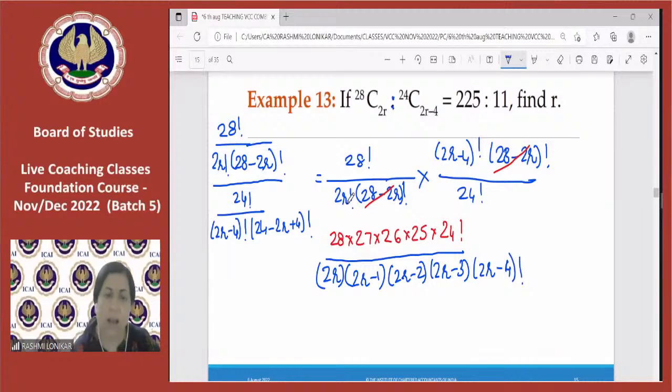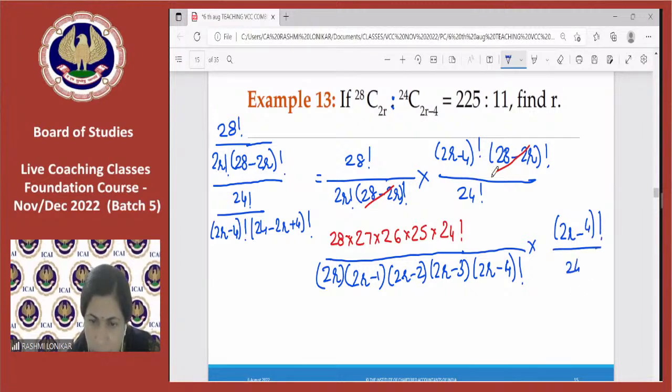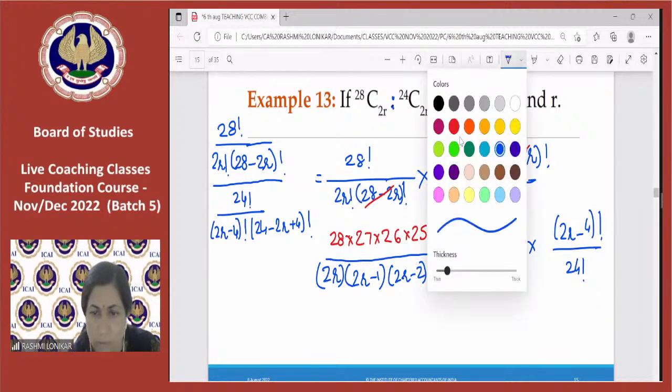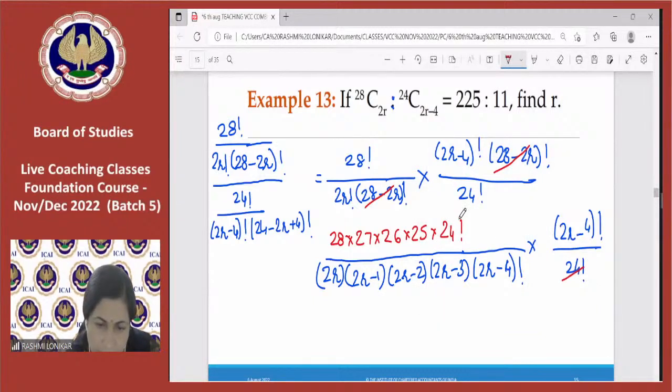Right? Into 2r minus 4 factorial upon 24 factorial. So I will find that this 24 factorial I can cancel with this, and this 2r minus 4 factorial I can cancel with this. So what I get here is